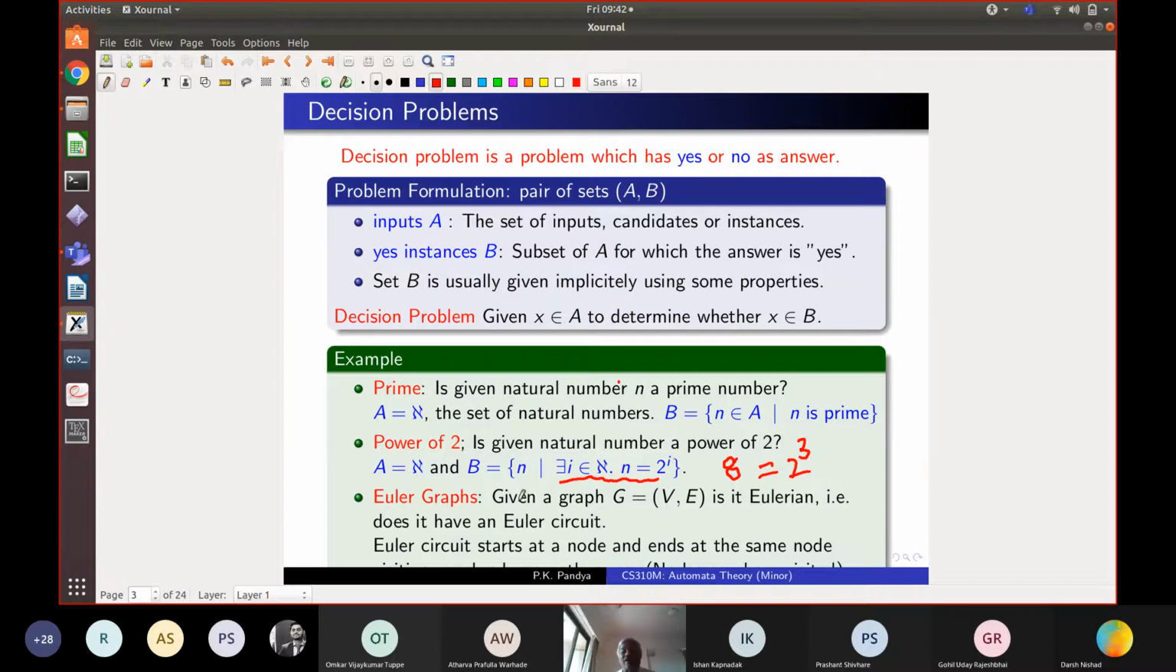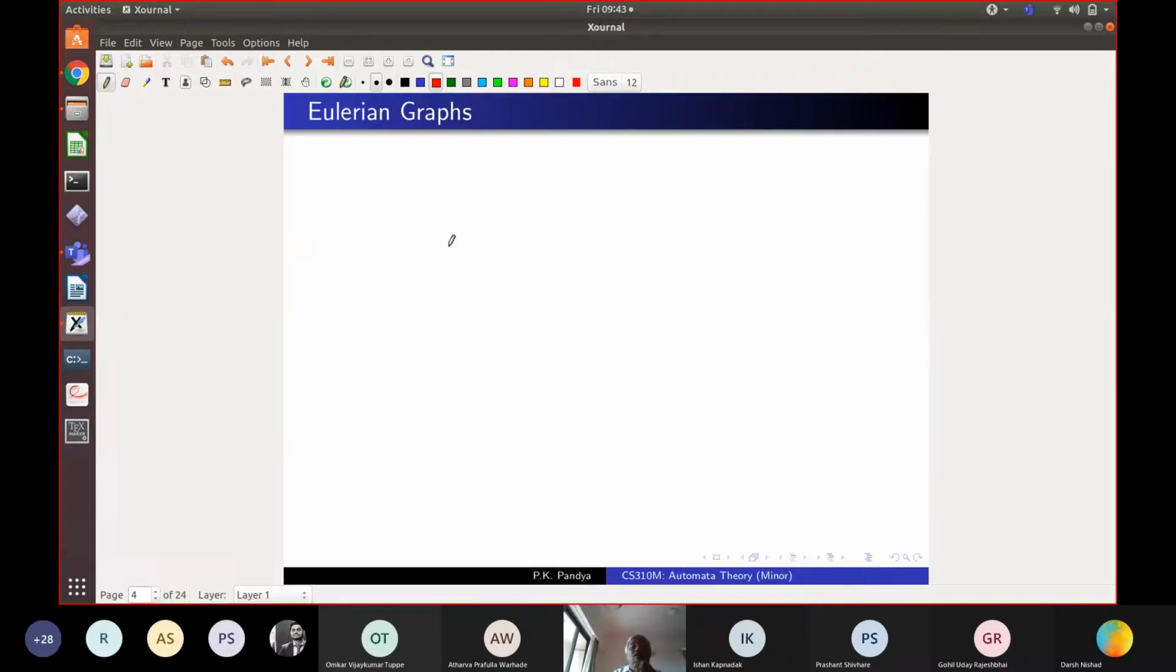So another example is that of Euler graphs. Given a graph, you want to ask whether it's an Eulerian graph or not. Now, what is a graph? Let me give you an example. A graph consists of a set of nodes. In this case, I've got 4 nodes and a set of edges, which can be undirected edges which connect the nodes. So there could be something like this,